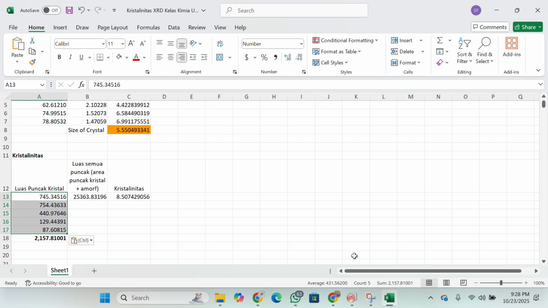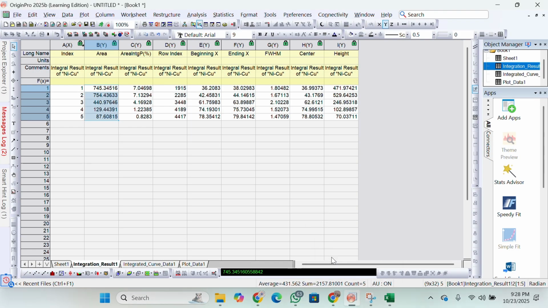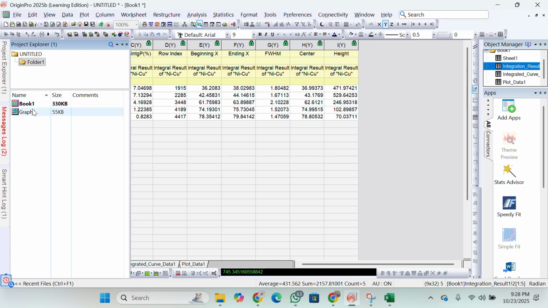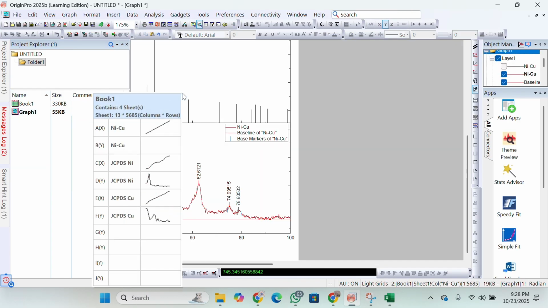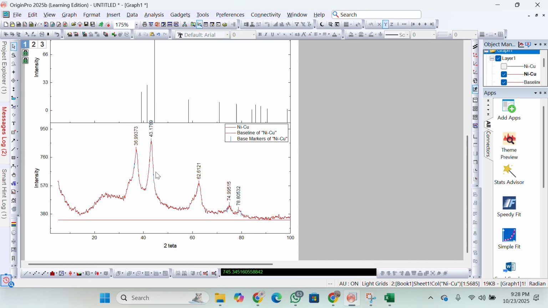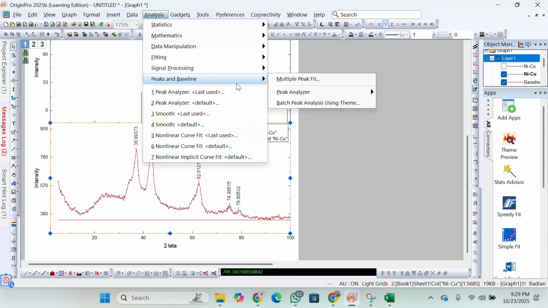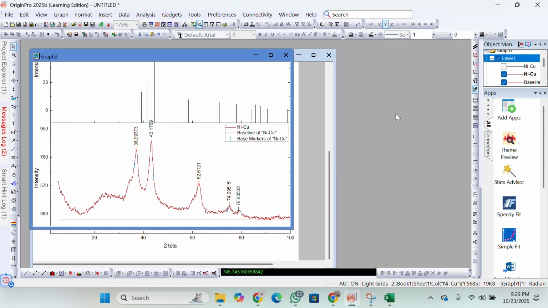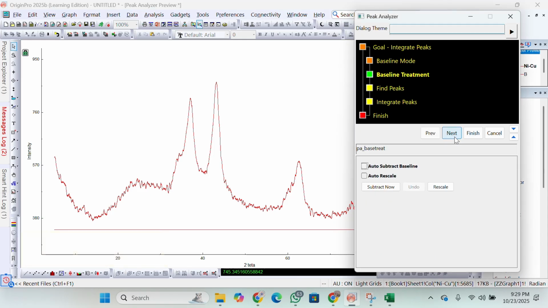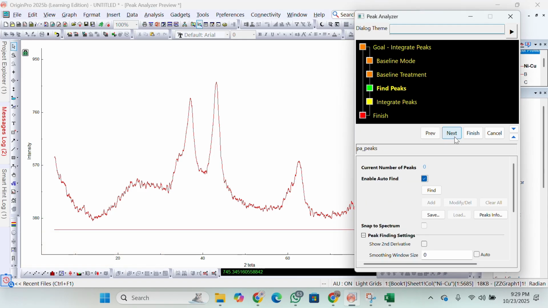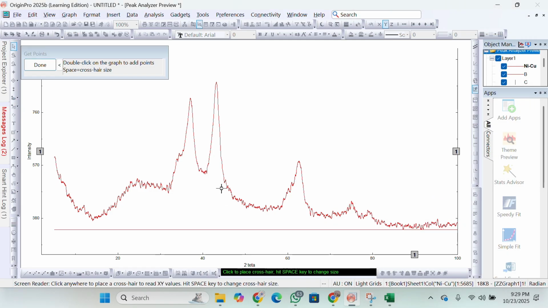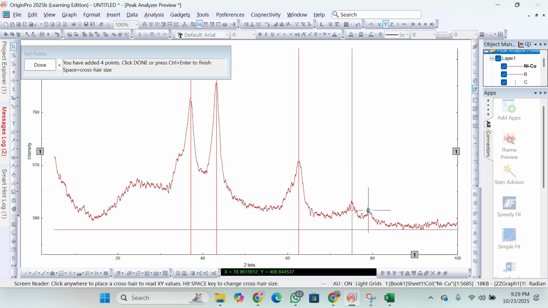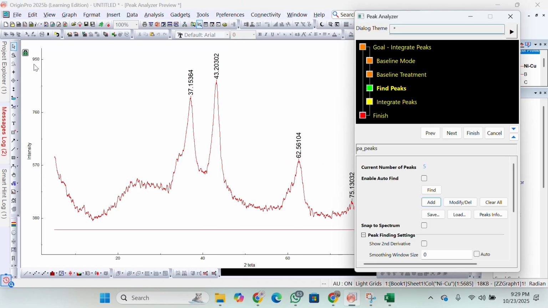And for the surface area, we click the graphs and click the box of graphs and analyze, peak and baseline, peak analyzer, open dialog, and then we get it like that. Next, and then we uncheck list and then click add, and we do the same as before. We choose the peaks, click done, and then